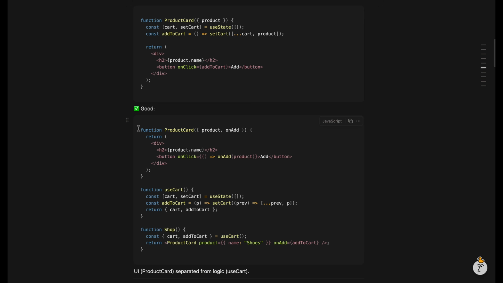Now these are two totally separate functions or components in themselves, right? They do not really care about how each one of them works, and hence they should not be a part of a single component. They can be created separately. Now the final component, which is Shop here, is the place where business logic lies. What it does is it calls the useCart hook, gets the cart from there and gets the add to cart from there,